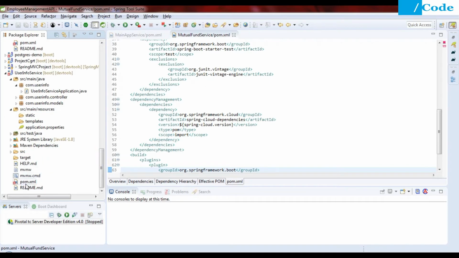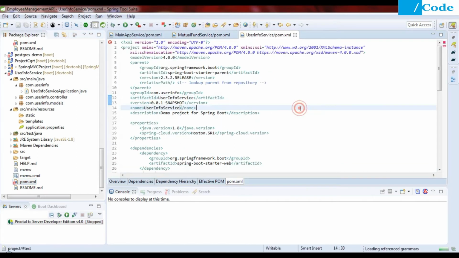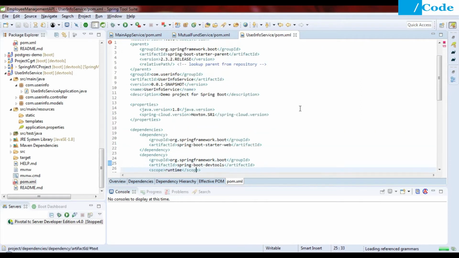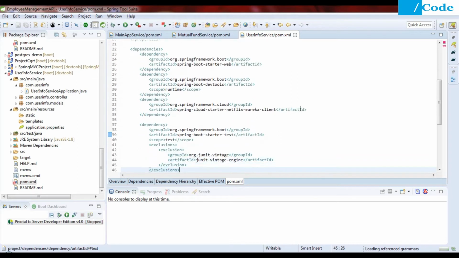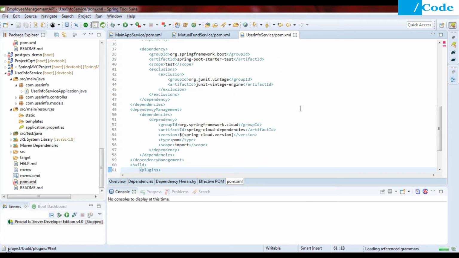So let me open that user info service pom.xml as well. Here we have the Hoxton SR1 Spring Cloud version, and then Netflix Eureka client. Then we have the dependency management